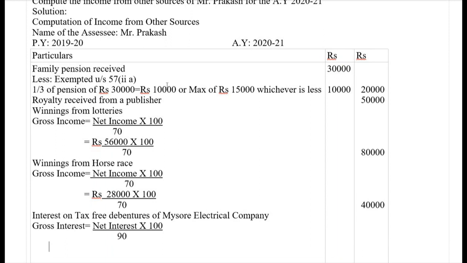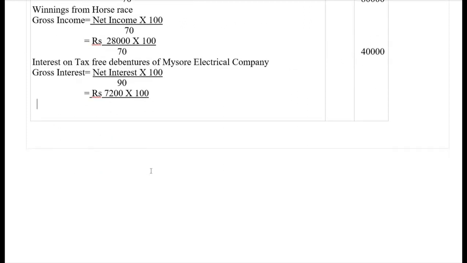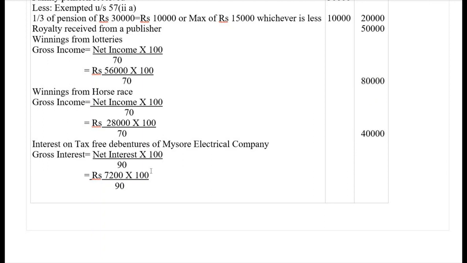Then let us substitute the values in the formula. So rupees 7,200 multiplied by 100, divided by 90 again. So 9 ones are 9, 9 eights are 72, so we are going to have here 8,000. So 8,000. Then the next one here we have got interest on